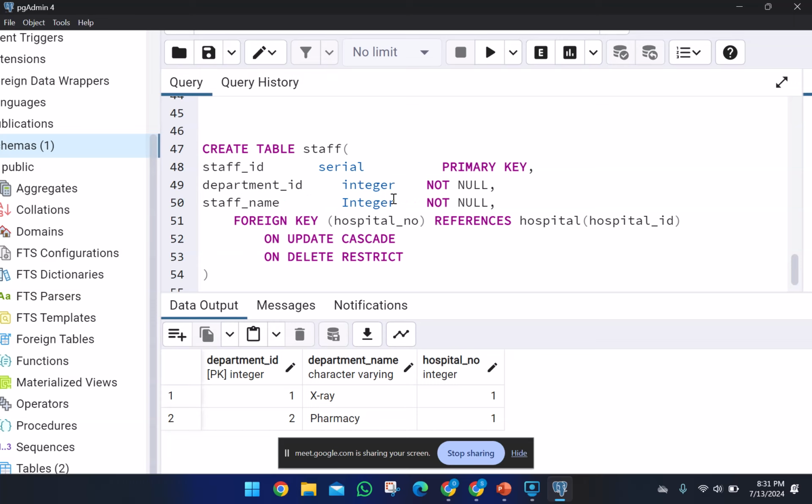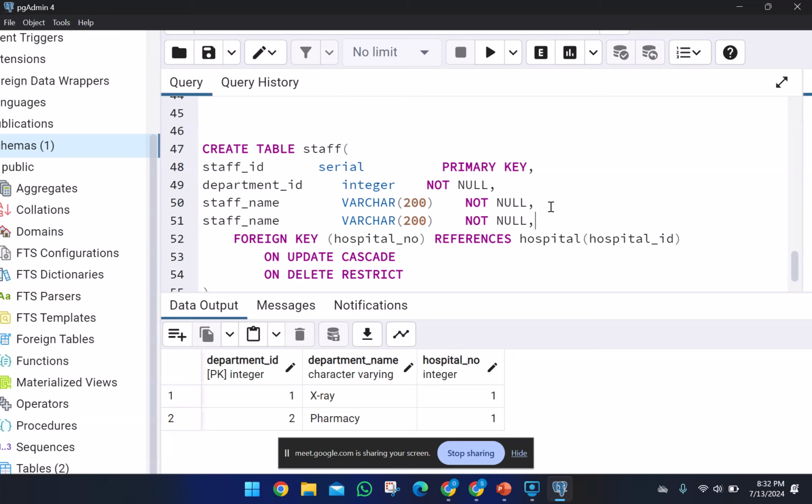This is text and it could contain anything, so it's better we use what we call varchar, and we can just use the length 200. A name should not exceed that, so we can make it not null, like it's compulsory for us to have it. And we can come down here also and say we need staff phone number,